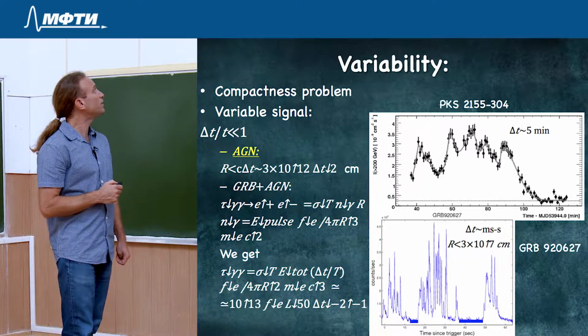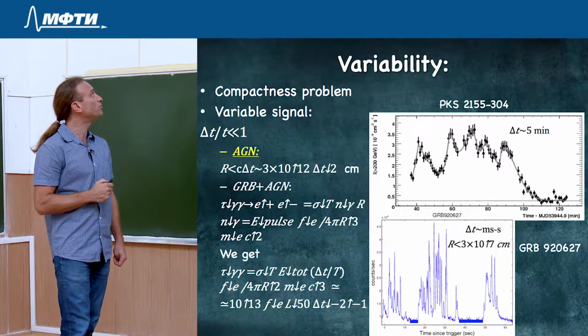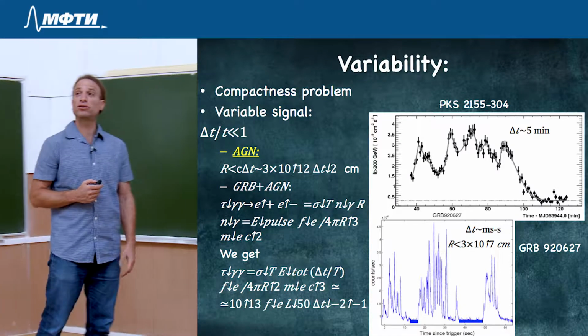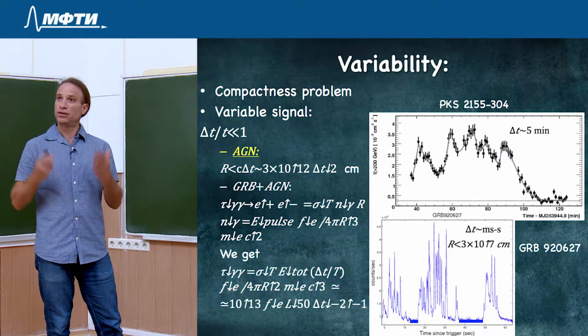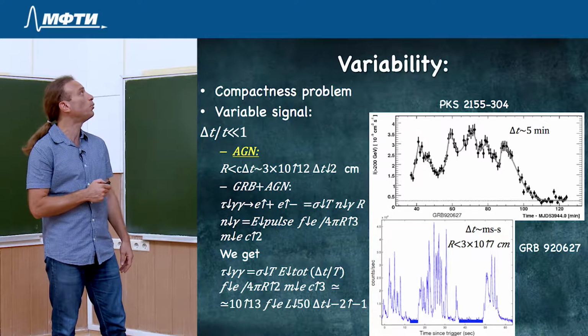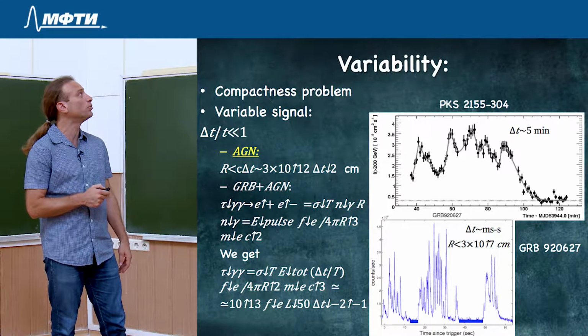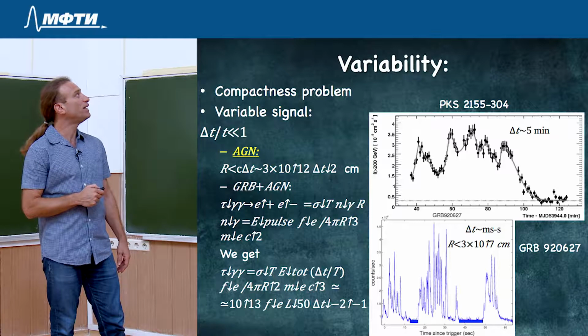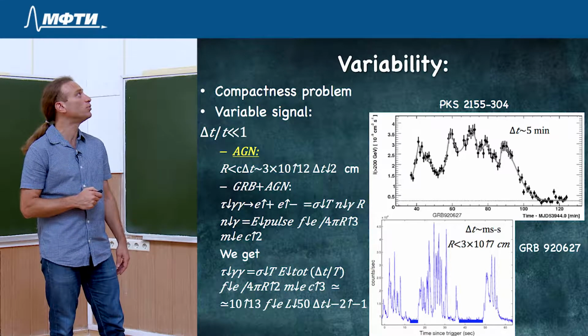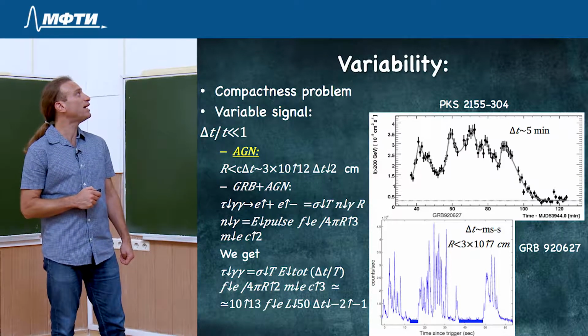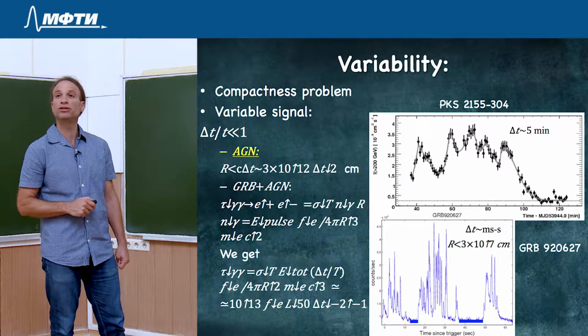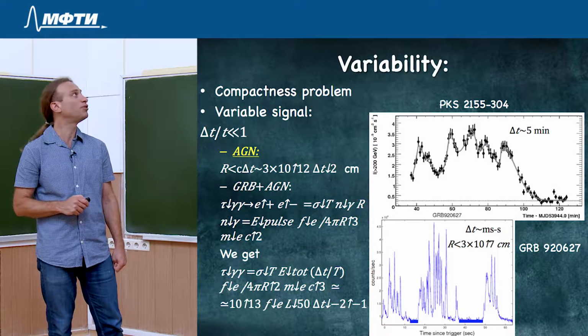So for this optical depth, we needed to calculate the density of the photons, and the density of the photons is a function of the energy within each pulse. So this energy is the pulse energy, it's the energy within a single pulse, okay? And we divide it by the volume of the blob that is emitting this pulse and by the energy. So if we want to translate that, this is just the total energy in the burst times the time of the pulse divided by the total time of the burst itself.